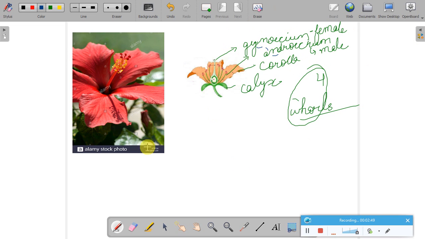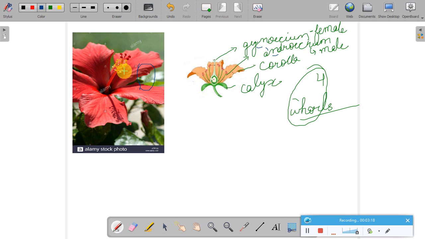Now if we move back to this flower, so this is a complete flower. You can see the petals, you can see the calyx and the gynoecium and androecium here, and the calyx are at the bottom, which we cannot see clearly. So what I've done is, let's say assuming that I have removed the first 2 petals from here, these 2 petals are removed from here, and then I've presented this flower to you.